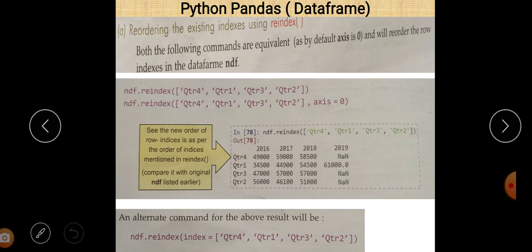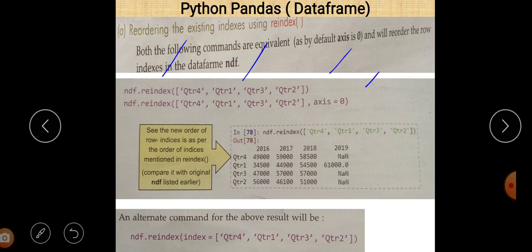Let us see it by using an example here. You can see reordering the existing index by the reindex function. There is the data frame name ndf, and you just write ndf.reindex with qtr4, qtr1, qtr3, qtr2, or you can write ndf.reindex qtr4, qtr1, qtr3, qtr2, axis is 0.